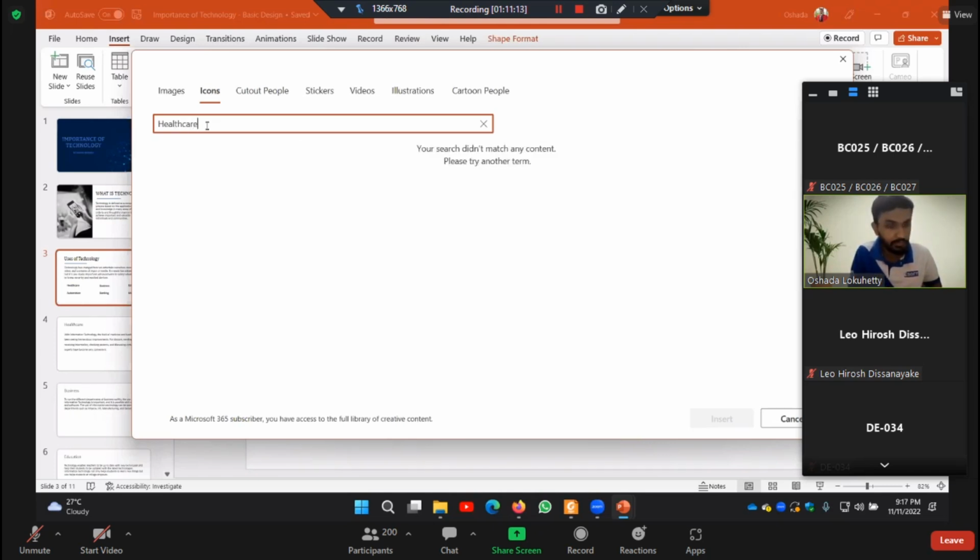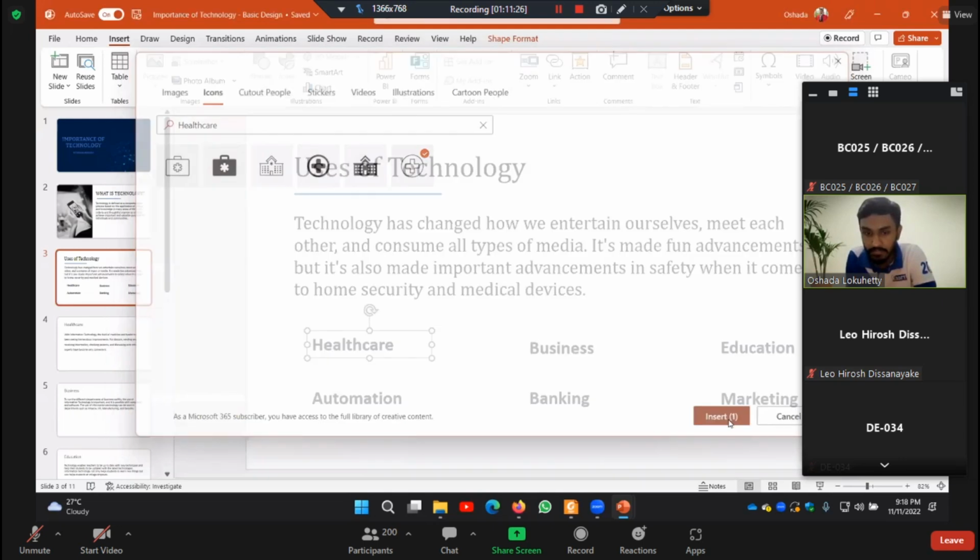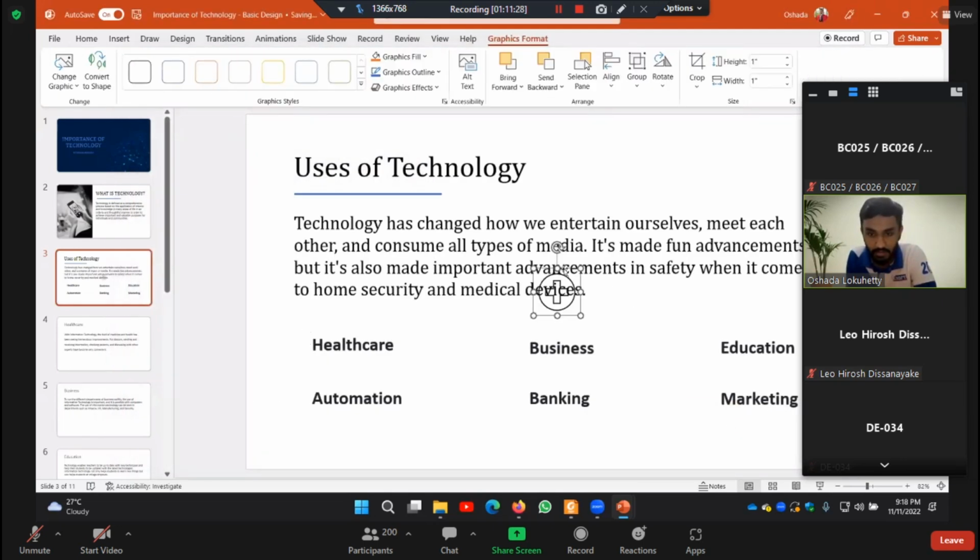Right. When I search healthcare, you see icons related to healthcare. Right. So this is the icon that I used. I click on that image and click insert. Right. Now see, as soon as I click insert, that image is added here. It is downloaded and added here. And then you can resize it, right? And keep it on your preferred location,